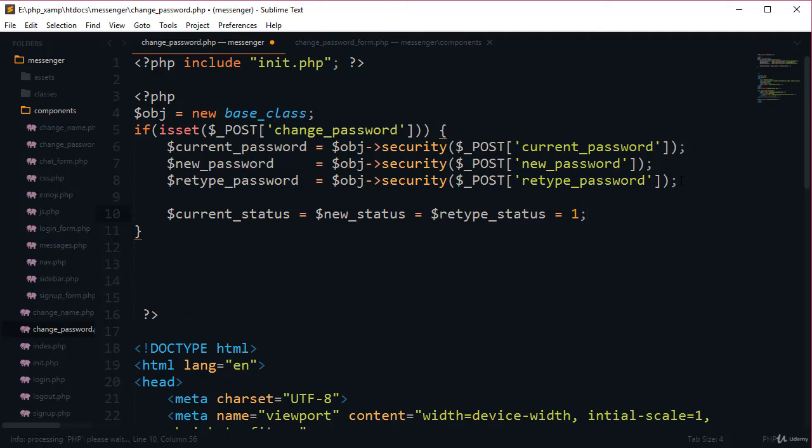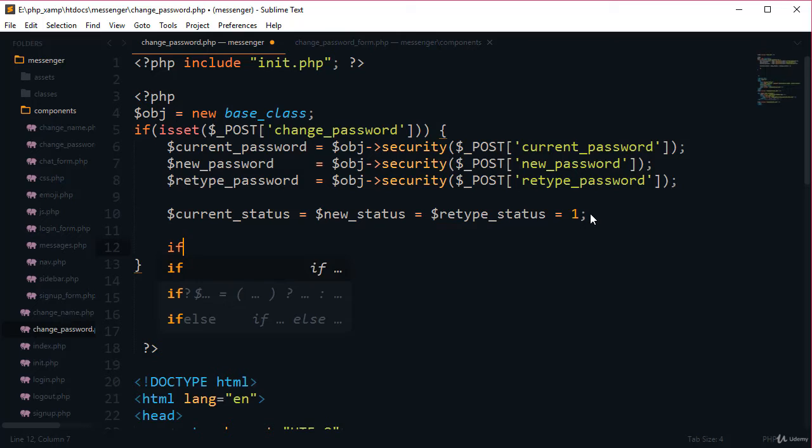Because for validation purposes we need to create these variables. When we communicate with the database, first of all we will check these variables. If these variables are empty, that means we have an error, so we will not communicate with the database.